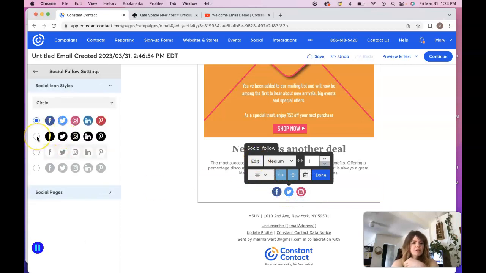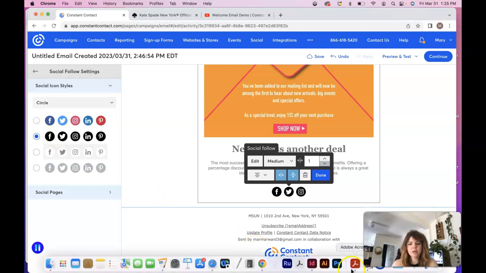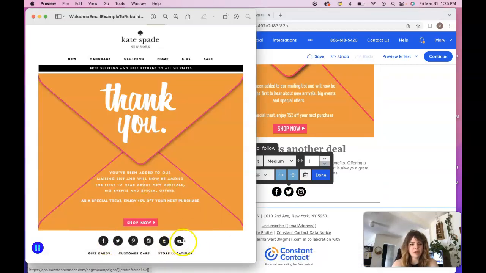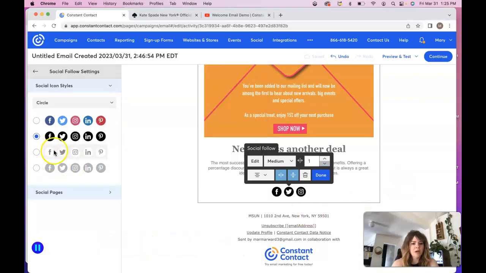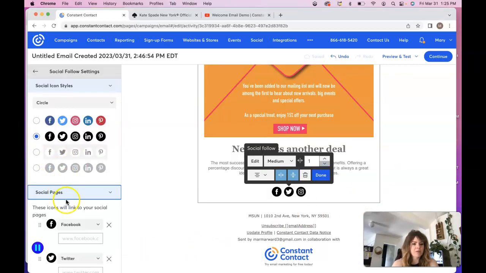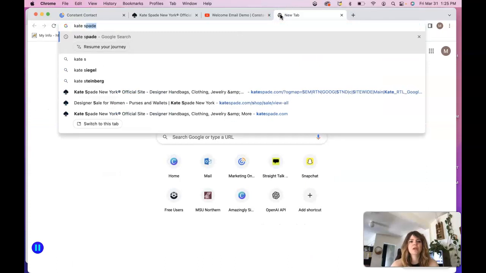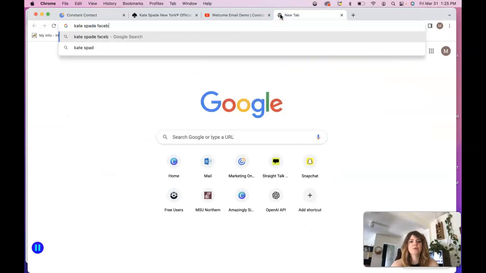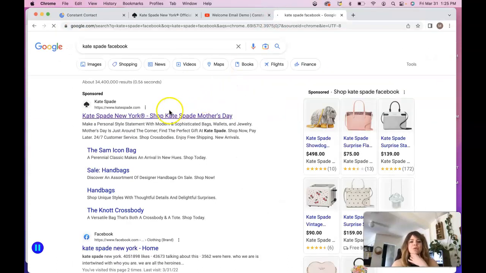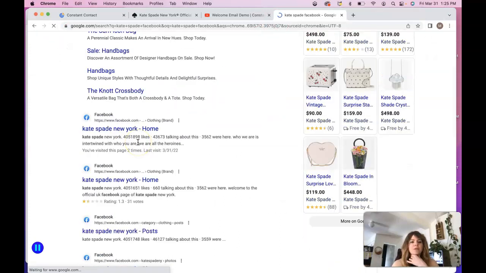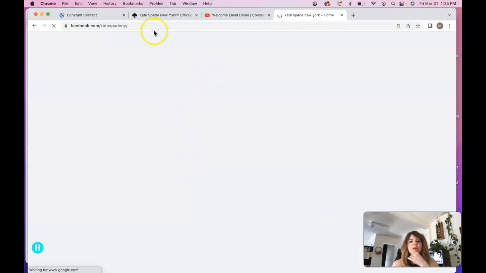And we can actually change the icon style. So let's go with the black, because that will match the thing that we're doing here. We want to kind of make it match. And then social pages, if you open that up, we can actually link up the Facebook page for Kate Spade. So let's go to our internet browser, search for Kate Spade Facebook. Should come up here. Let's see, Facebook homepage, Kate Spade New York. Click on that. We want to get this link,